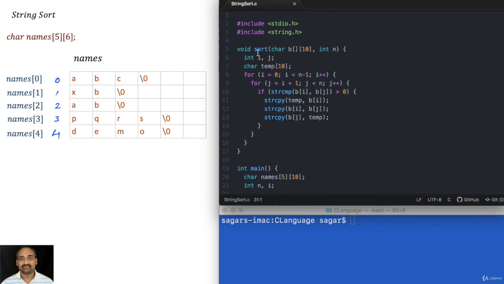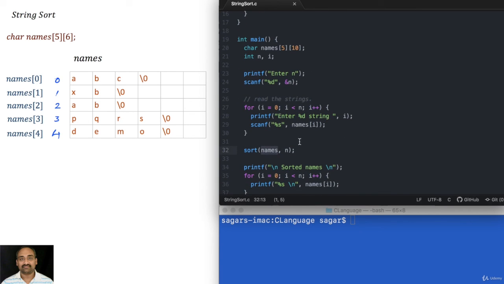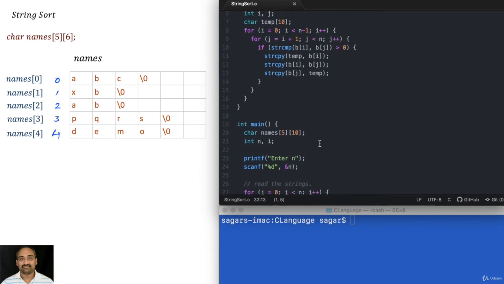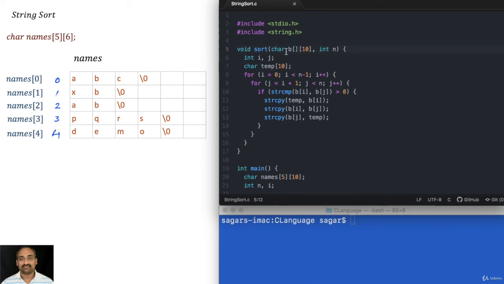While applying the sort logic, you just need to understand that we need to use the functions in order to copy and compare the strings. And passing a double dimensional array to a function is also demonstrated in this example. While passing a double dimensional array, on the receiving side, you can only ignore the last dimension. The rest of the things must be mentioned. Based on the size of the original array being passed, you can use the same logic to apply.